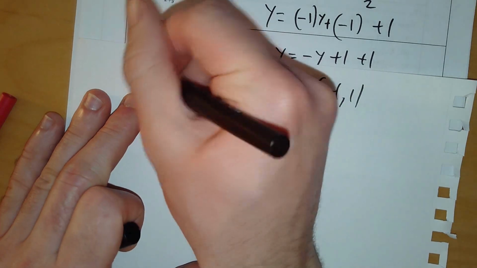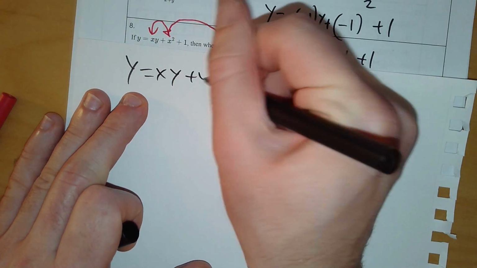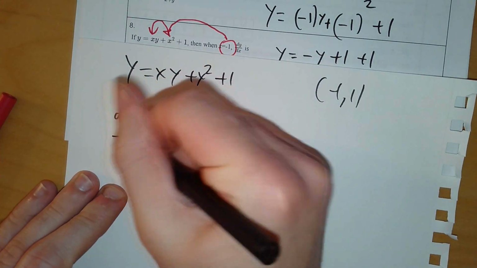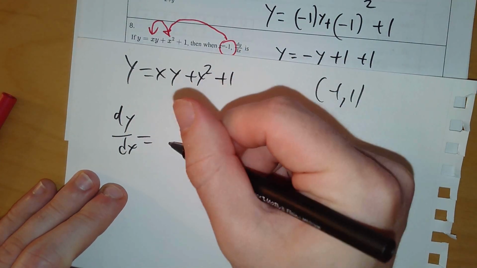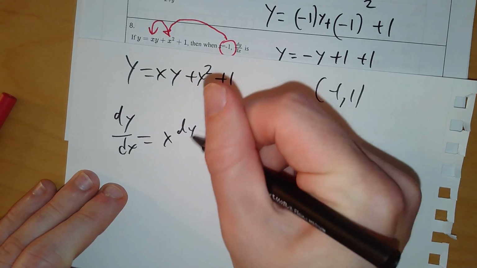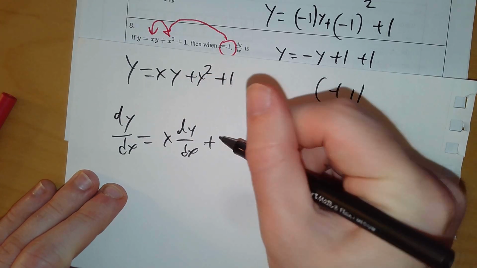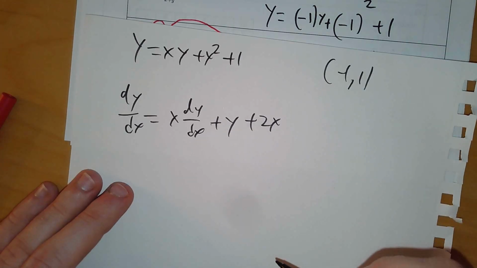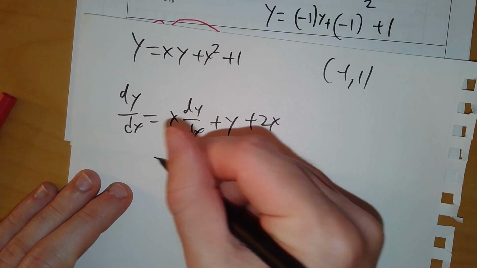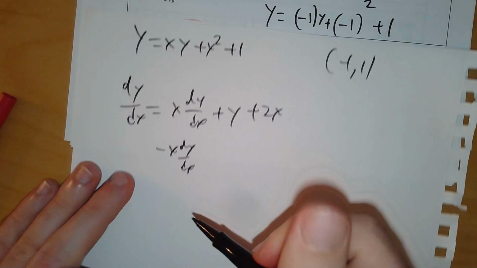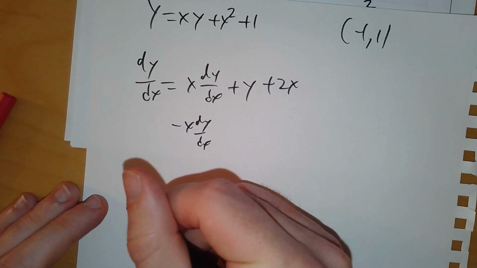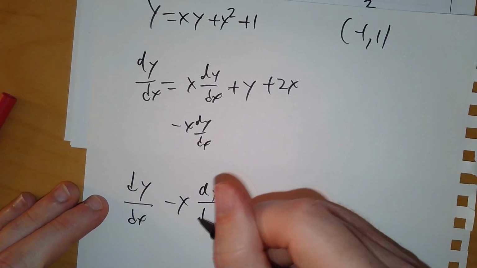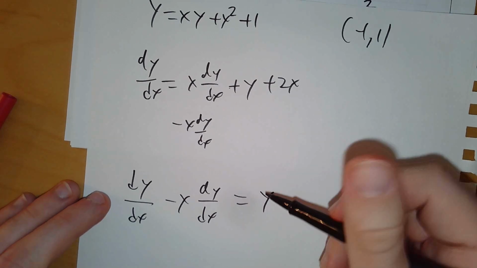And let's rewrite this. Y equals xy plus x squared plus 1. Differentiate. Dy/dx equals x dy/dx plus y plus 2x. I'm going to move that minus x dy/dx over. So I'm going to get dy/dx minus x dy/dx equals